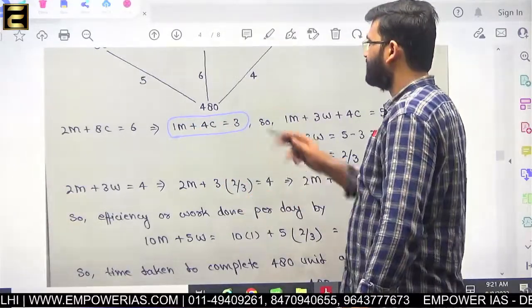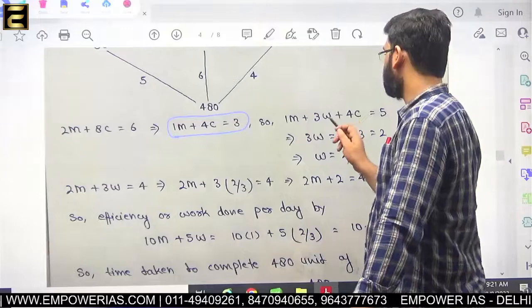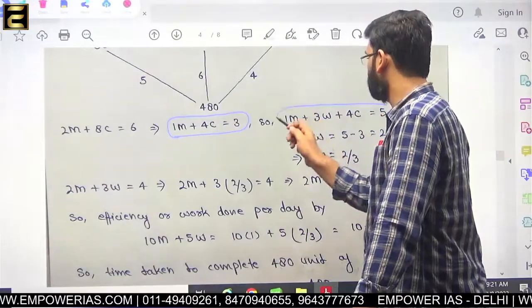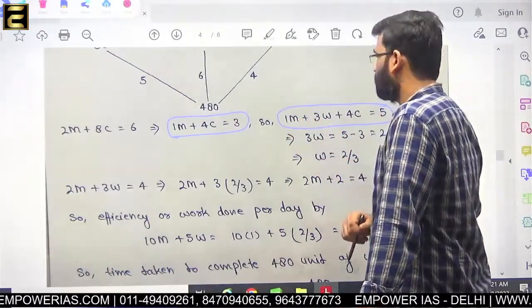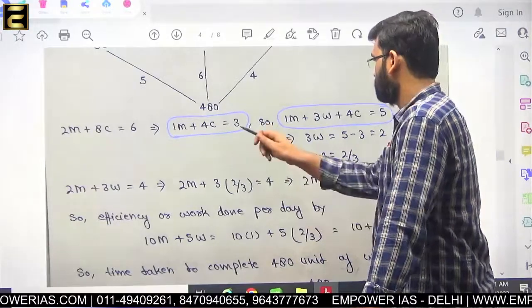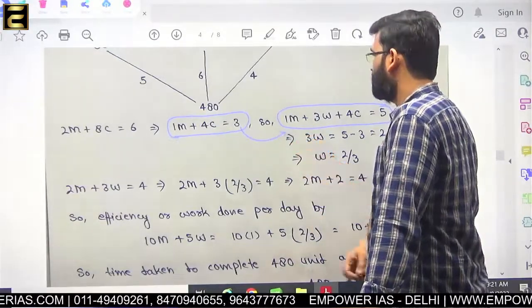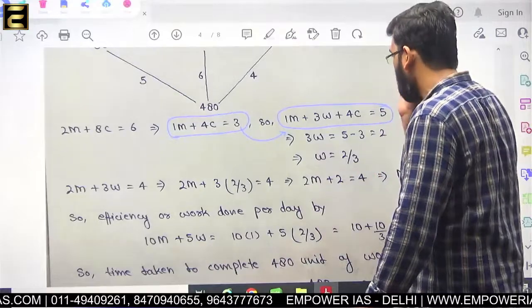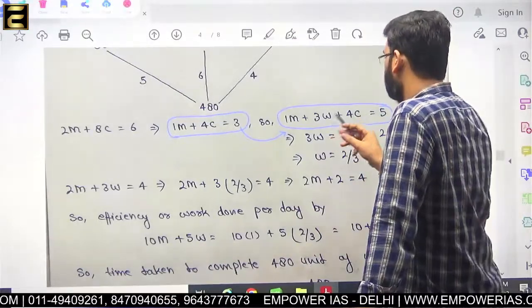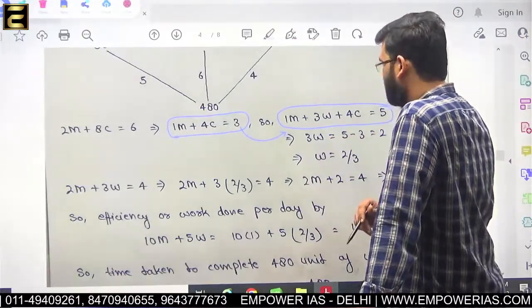Okay. Now another equation, this was 1 man plus 3 women plus 4 children is equal to 5. Okay. So when we are going to replace it, 1 man plus 3 women plus 4 children, so what I did here basically,